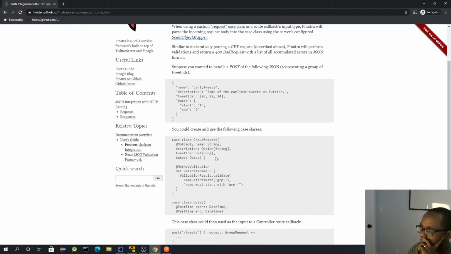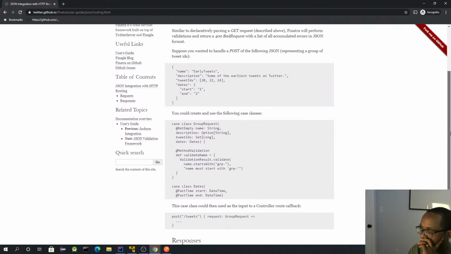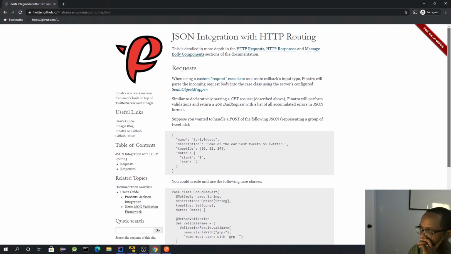a case class group request, no validation, and then you have a case class. So then when using a custom request case class, Finatra will parse the incoming request body into the case class using the server's configured Scala object mapper. Similar to get request, suppose you want to handle a post with the following JSON. So you just define tweet IDs. I see. So what am I doing wrong here? All right, because I defined a